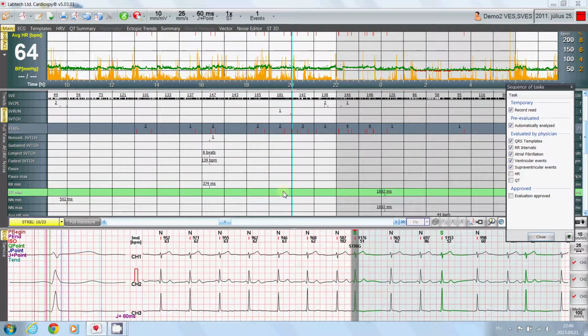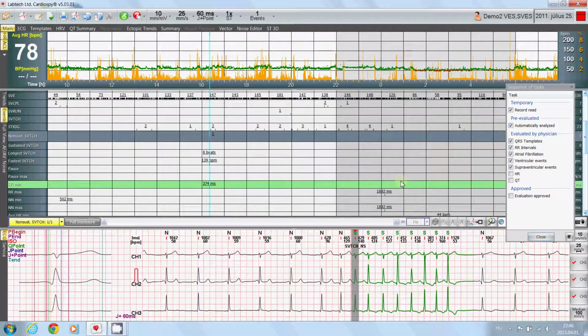Excuse me, there is actually one episode of non-sustained supraventricular tachycardia, which is indicated as the longest and fastest supraventricular tachycardia episode. So once we've completed the supraventricular events analysis,